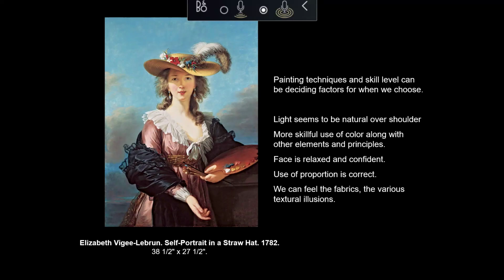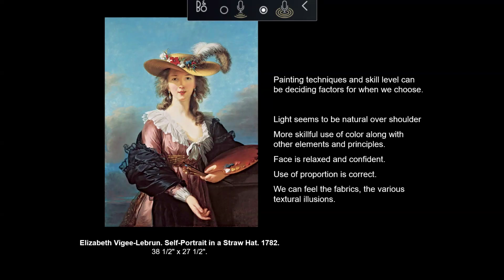that it's soft, right? So in this case, with Elizabeth Vigée Le Brun, she gives us a more natural light, the use of color along with other elements and principles, which we'll discuss later on, things like texture and atmospheric perspective and unity, balance, and those things, okay, including proportions. They're all played out here. And so we're being affected by what the artist is giving us. We are evaluating it based on our own biased experiences.